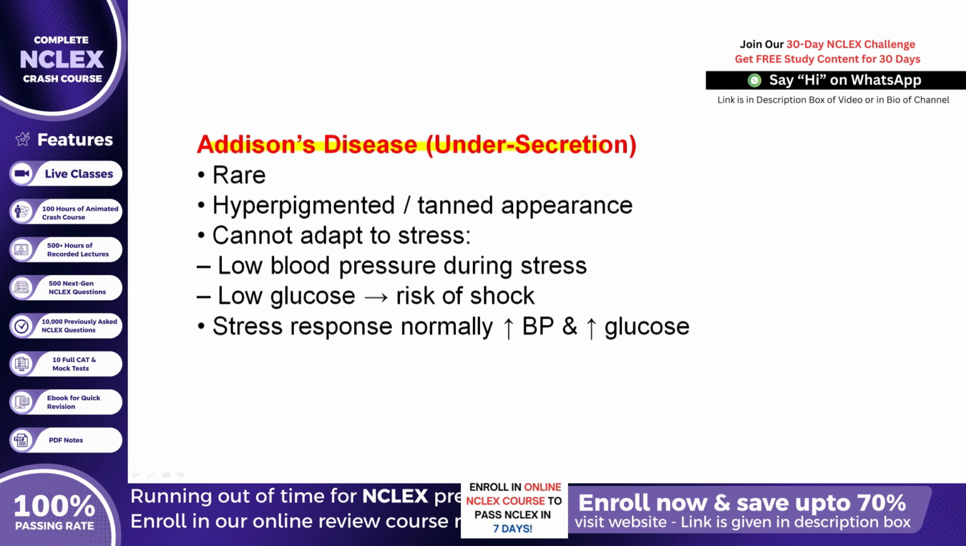Continuing further, clients often have a hyperpigmented or tanned appearance. Then we emphasize that these patients cannot adapt to stress, which means they experience low blood pressure during stress and low glucose that increases the risk of shock. And to wrap up this slide, remember that the normal stress response is supposed to increase blood pressure and increase